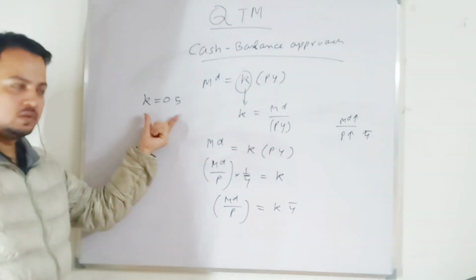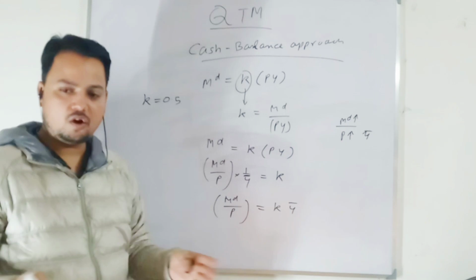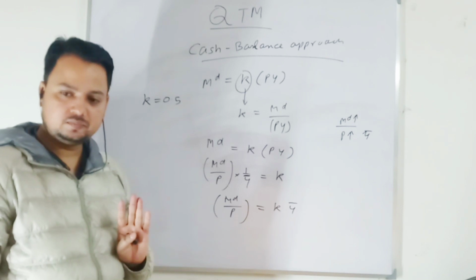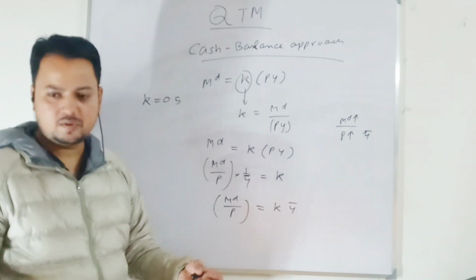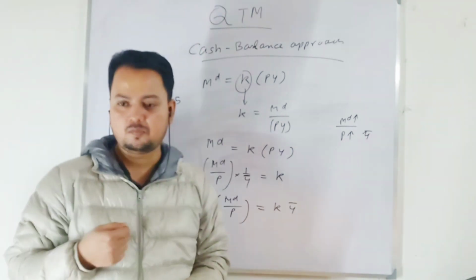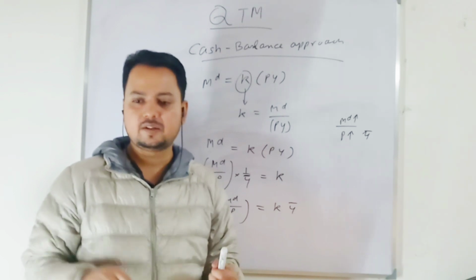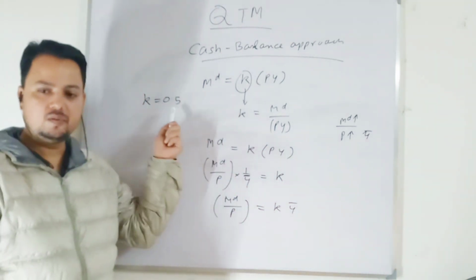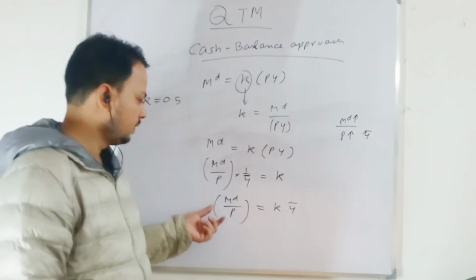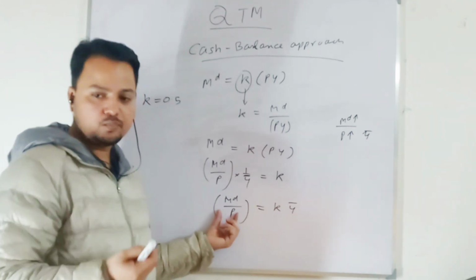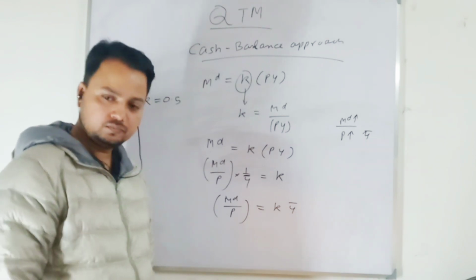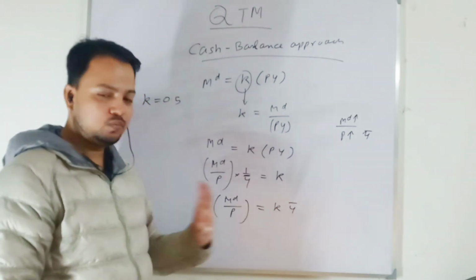Given the income level in aggregate, or output level in aggregate, this K will be given for this output level. Everyone agree? Individually it can differ because it is a behavioral question, right? How much cash balance one person wants to keep and another person wants to keep can differ. But in aggregate, it fluctuates around 0.5. On average it will be 0.5, that we know. So your real demand for cash balance will be proportional to your given output level. This proportion will not change if your output level is given.